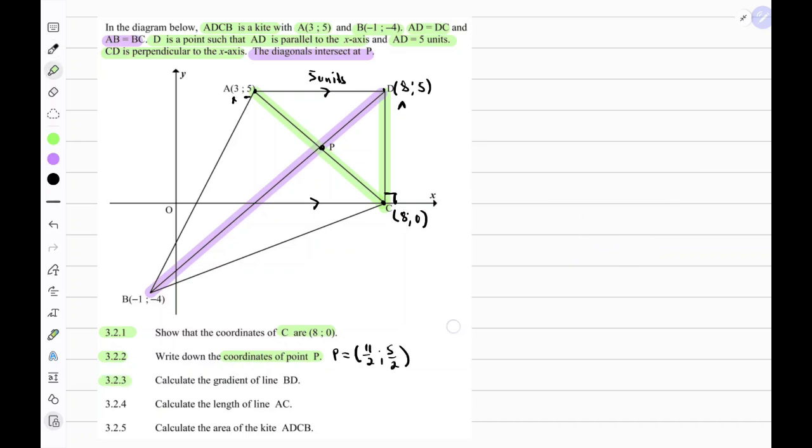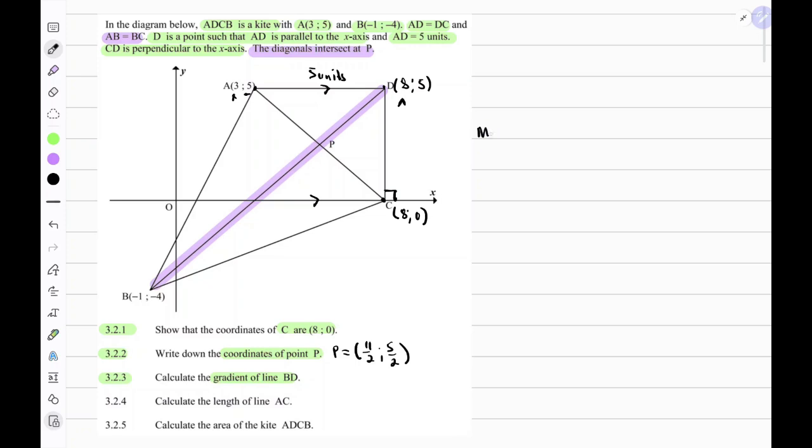And so the next question wants us to determine the gradient of line BD. So let's see where line BD is. So line BD is this line segment, and we need to find its gradient. So we need to apply the gradient formula. So we can say the gradient of BD is equal to